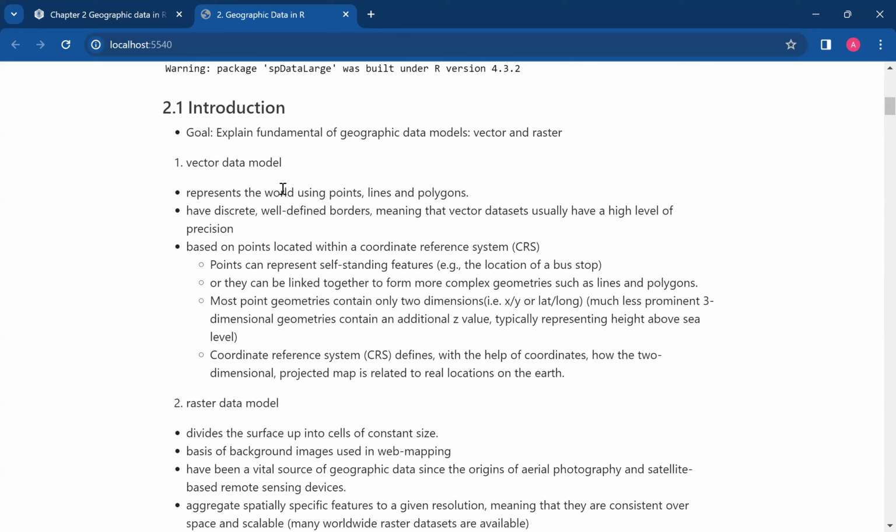This vector data model is discrete. They have well-defined borders, meaning that vector data sets usually have a high level of precision. The precision is in quotes, we're not saying 100% precise. It's also based on points located within a coordinate reference system. When we're talking about a coordinate reference system, I tried to get the definition here so that we don't get lost. A coordinate reference system defines, with the help of coordinates,